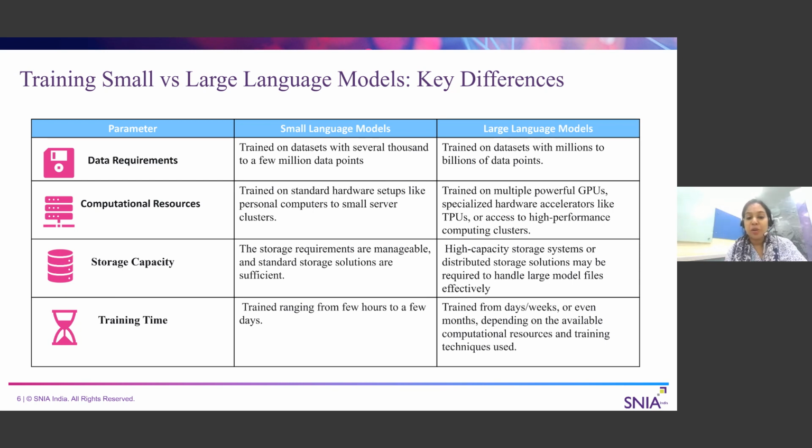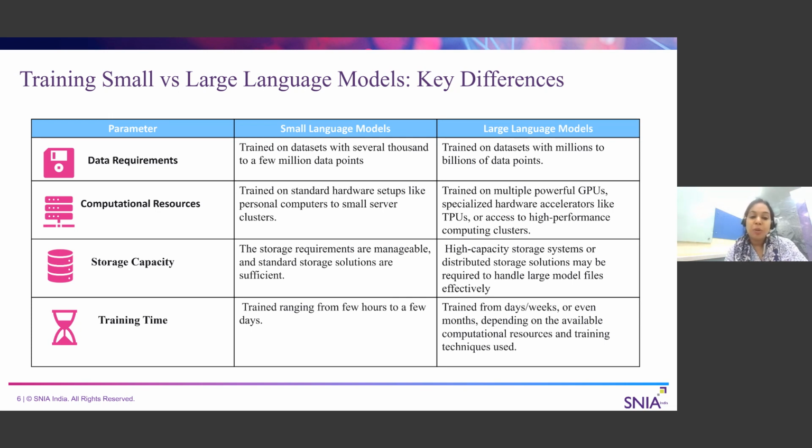Whereas in large language models, you need powerful GPUs and DPUs, access to high performance computing clusters. In case of storage capacities, obviously small language models will need only minimum storage requirements, whereas LLMs will require high capacity storage systems or distributed storage solutions to handle this huge amount of data.